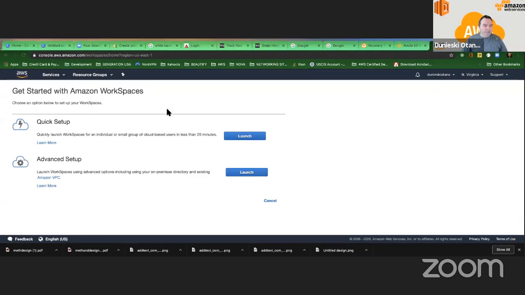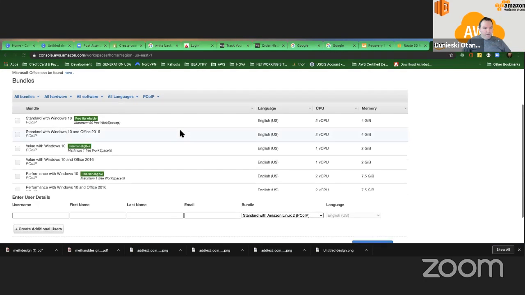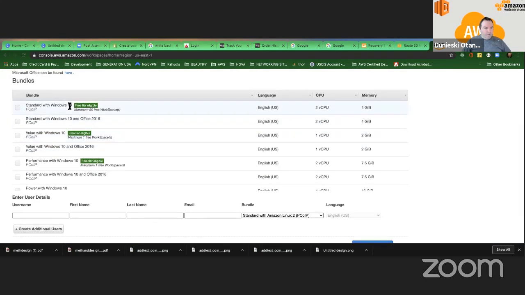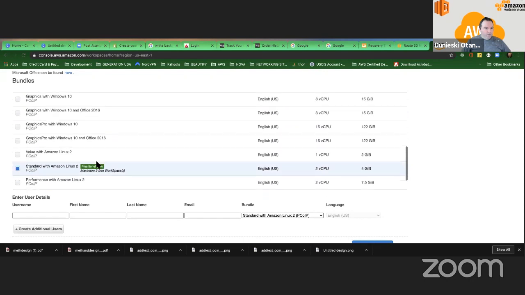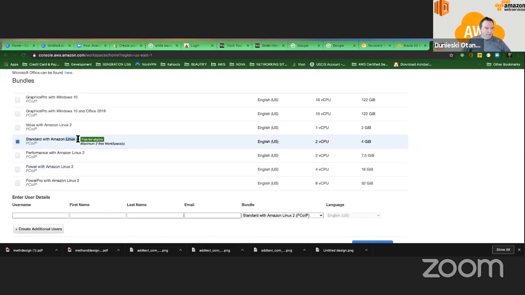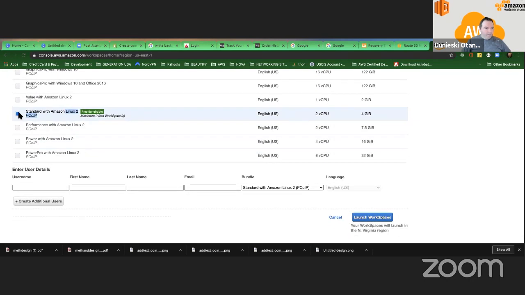I've never worked with this, but I saw a student that was inquisitive enough to create a workspace in his computer. You can easily launch a workspace for an individual or small group of cloud-based computers in less than 20 minutes. Okay, you have here Standard with Windows 10, which is included in the free tier. Linux, of course, has to be in the free tier. Okay. So you can create, launch,